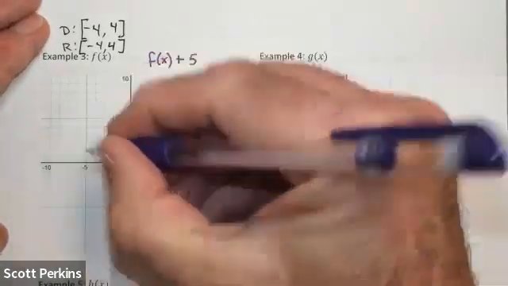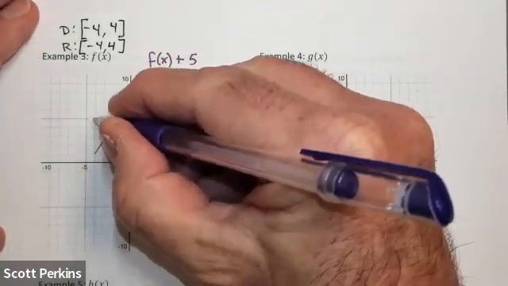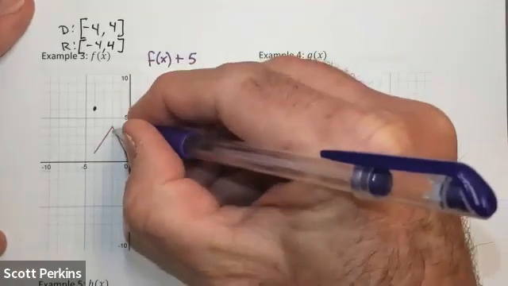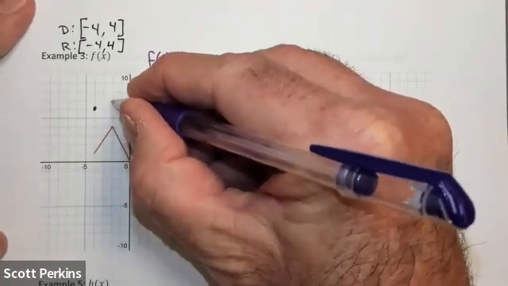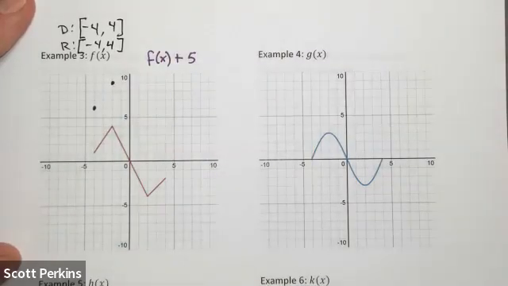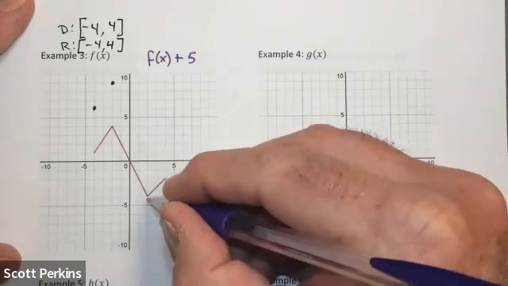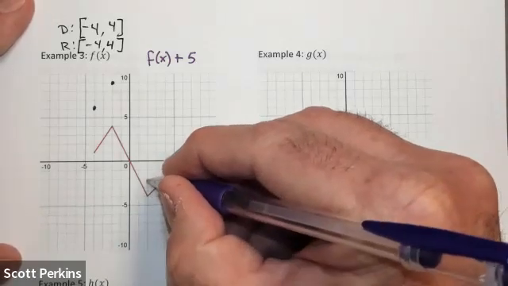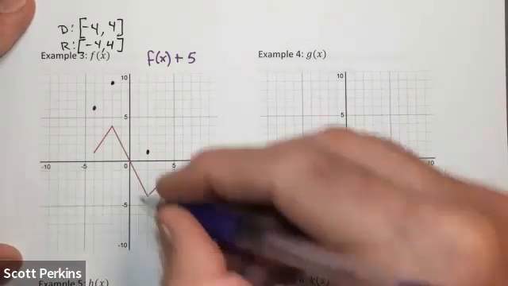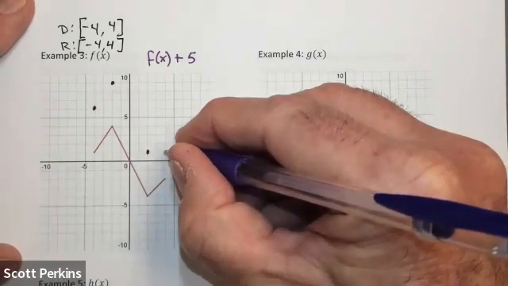I'm going to go onto this left end and count up 5: 1, 2, 3, 4, 5. I'm going to make a dot. I'm going to go to this peak right here on the left and go 1, 2, 3, 4, 5. I'm going to make a dot. I'm going to go down to this low point right here and go 1, 2, 3, 4, 5. Make a dot. And then over on the right side at that other end, I'm going to go 1, 2, 3, 4, 5